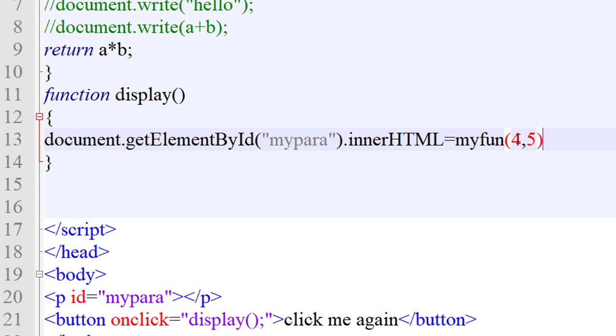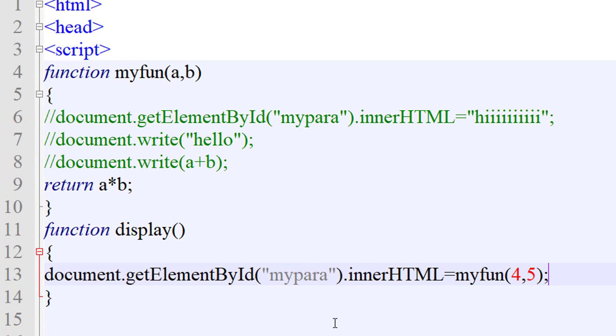We will not put double quotes here, because we are calling my function directly from the document.getElementById statement.